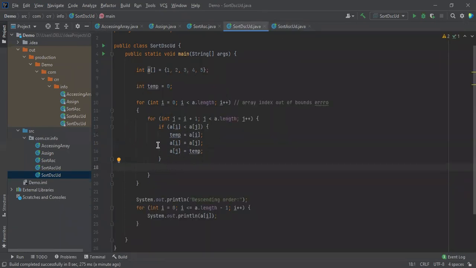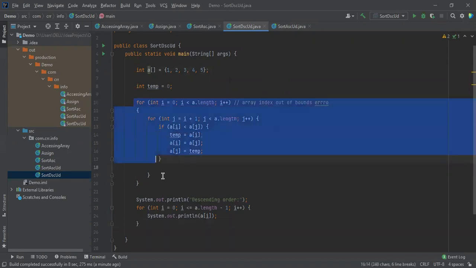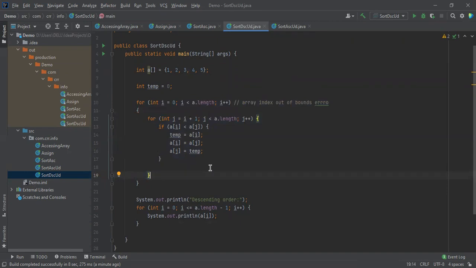Everything will be arranged directly inside this. It is not possible over here. Directly we are printing, so there is no need to worry about that. And now after everything is aligned according to the descending order, it will be printed. So just remember those things, for easy identification of ascending order and descending order.